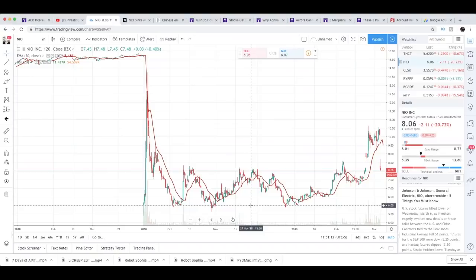Who knows if NIO will go back down to $6, but I do think anything under $6.50, I would personally consider NIO a buy. But let's keep in mind, this is strictly for educational and entertainment purposes, so make sure you do your own due diligence. This is a very high risk stock. Super volatile, as you could see by looking at these charts. If I do see NIO hit $6 or even less than $6.50, I will be very tempted to start